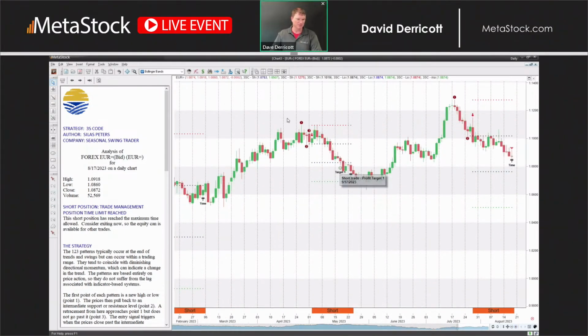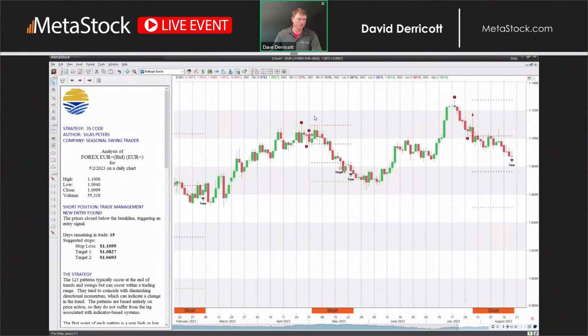Okay, so here's a good example of a Forex trade. So we had our 1, 2, 3 price pattern. We have our entry signal. It did do a little bit of a reversal, almost hit our stop. If you wanted to, you could have gotten out of that, but that would have been a losing trade, of course. But as you can see on the chart here, as you did your short trade, then you hit your profit target down here. So that would have been a good amount of money that you could have made right there.